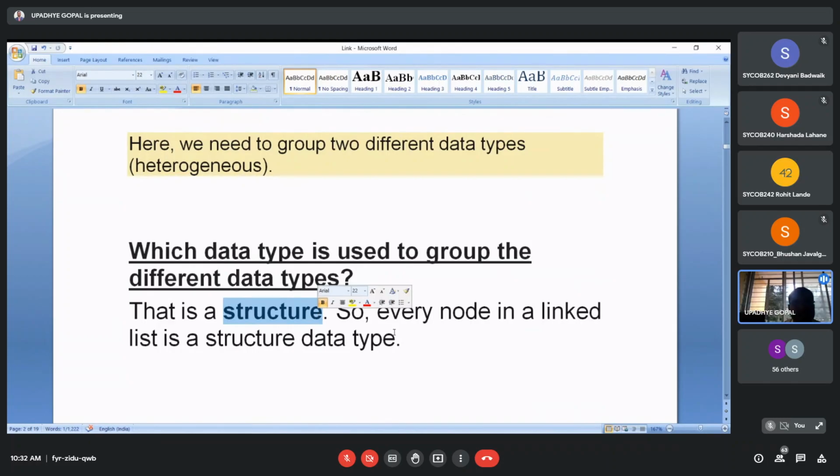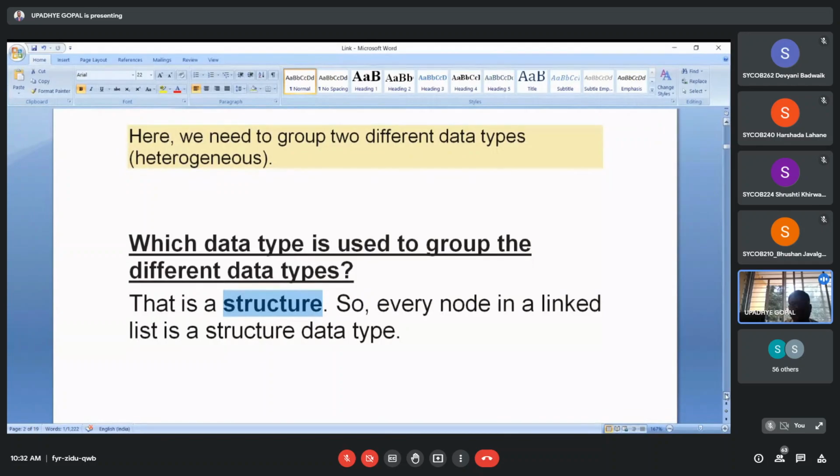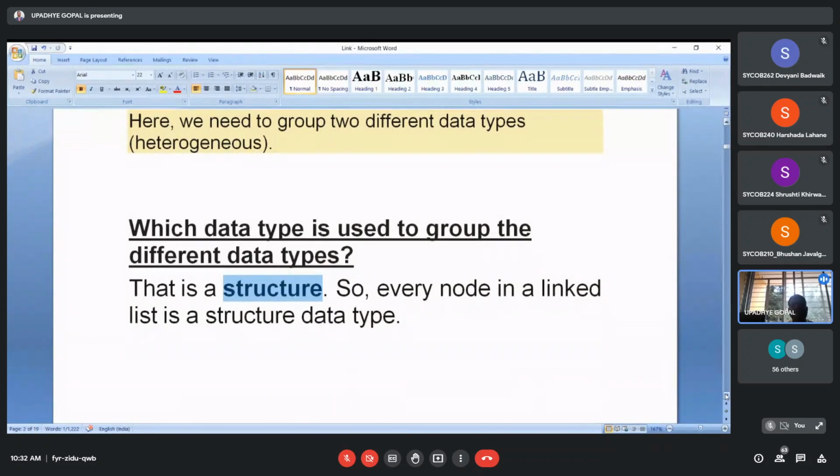A data type responsible for collecting different data types in a single container is called a structure, and generally we use structures for representing nodes of a linked list.